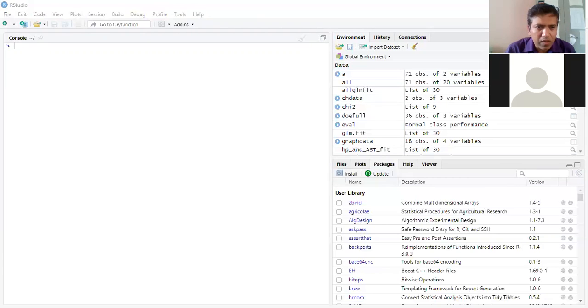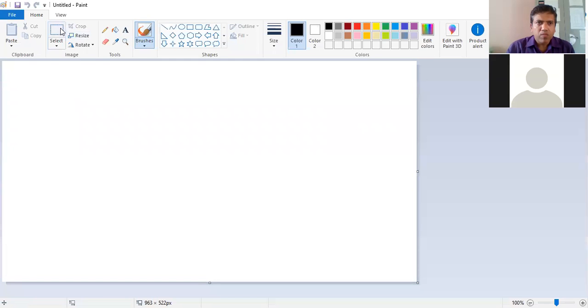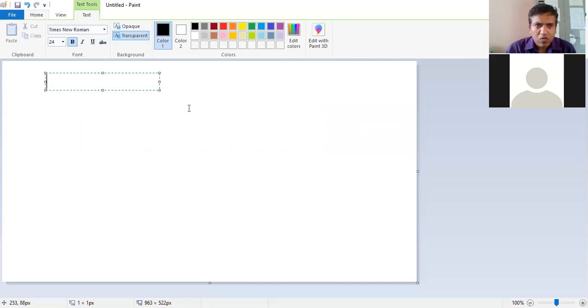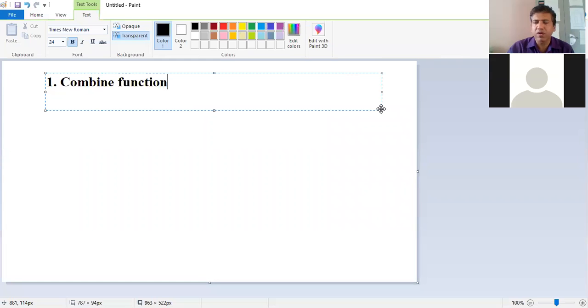Let me open Paint. The first way is the combine function, by which we can enter the data one by one. It takes time, so generally I don't use it, but if you have a very small amount of data, you can use it.